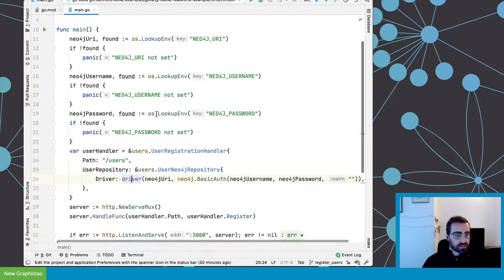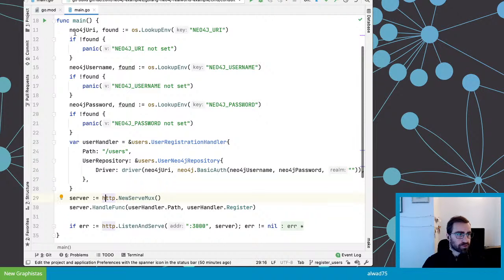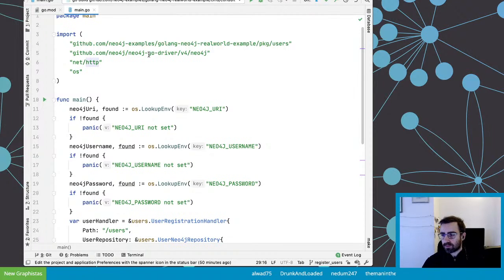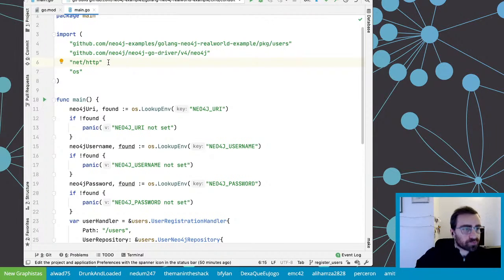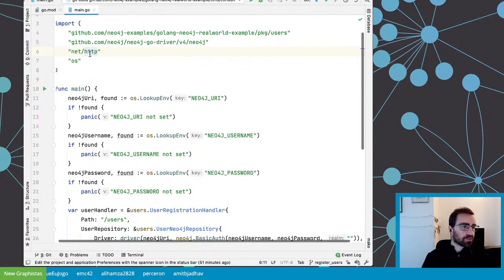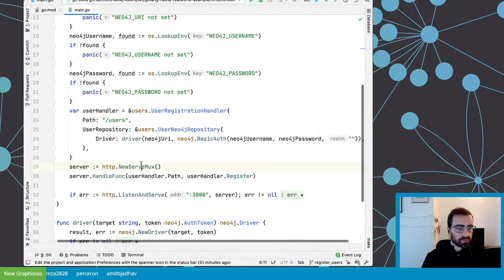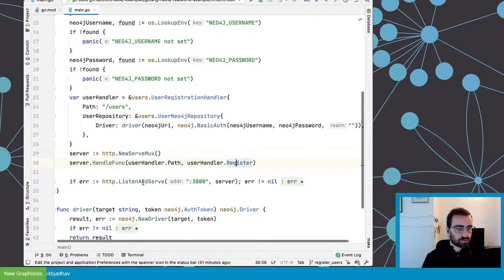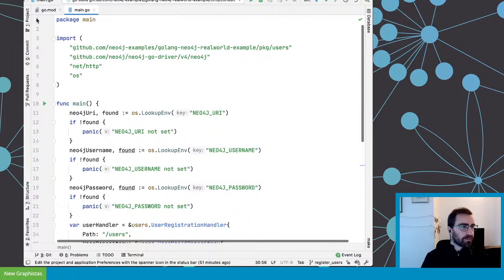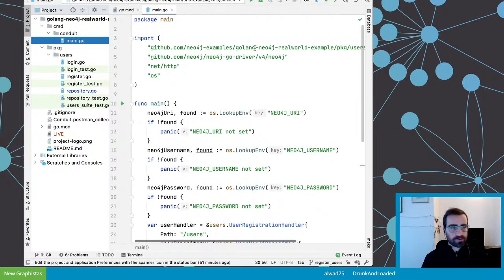And for the HTTP stack, as you may notice here, I'm just using the standard stuff. I'm not using any fancy dependencies here. Your mileage may vary. Pick whatever stack suits you best. In my case, I just want to go with a simple implementation and try to minimize dependencies. But obviously, it might not be as production ready as a real app. So I'm just using the net/http package here to start my server, give it the controller, and start on this port. That's basically all I do. So that gives us the main entry point of our application.